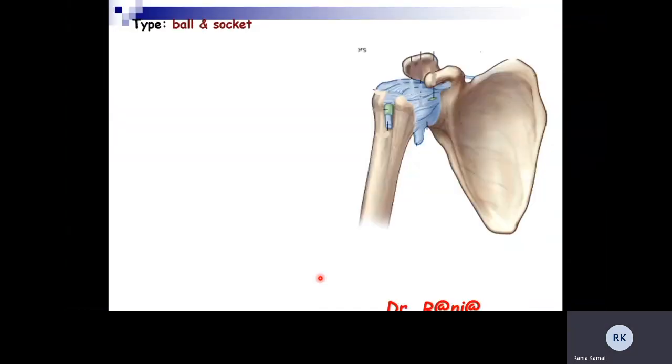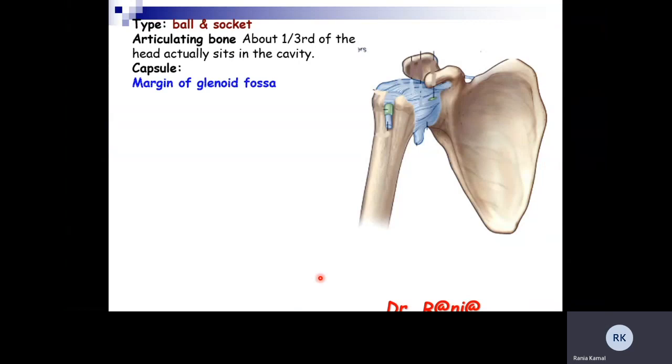Regarding the shoulder joint, it is a ball and socket joint. In the articulation, about a third of the head of the humerus will fit into the glenoid cavity. The capsule is attached to the margins of the glenoid fossa. It is attached to the anatomical neck, and in its lower part, it will descend to be attached 1.5 centimeters